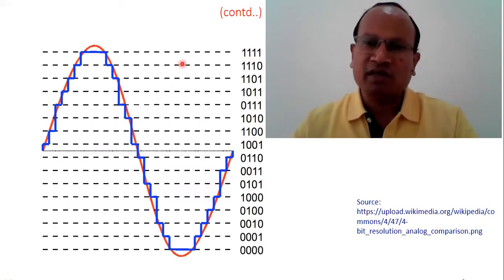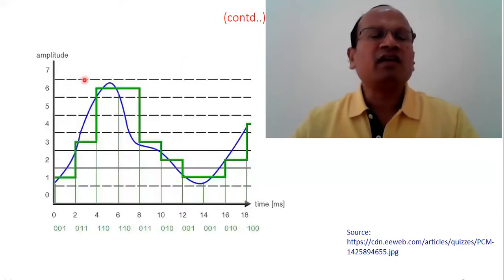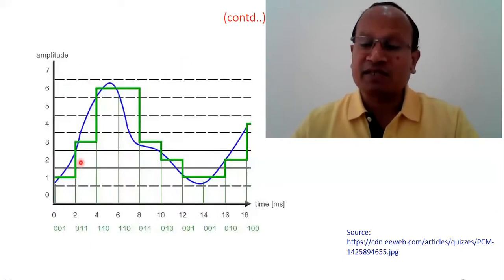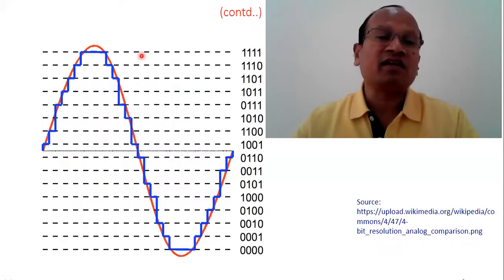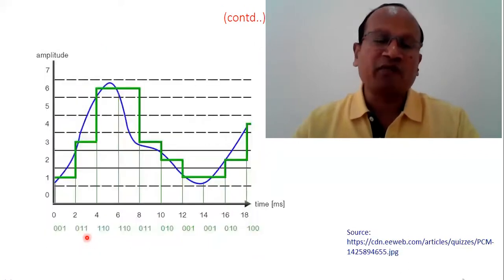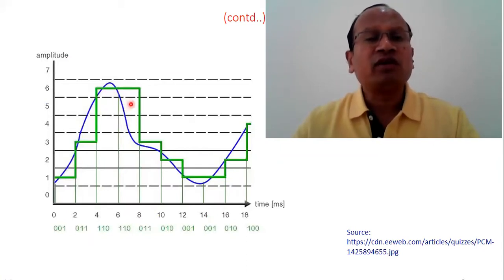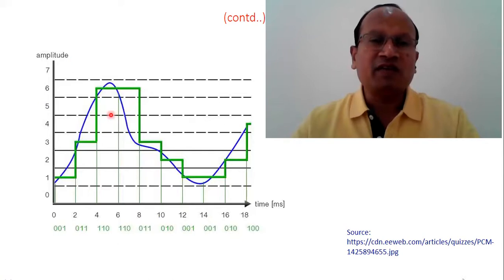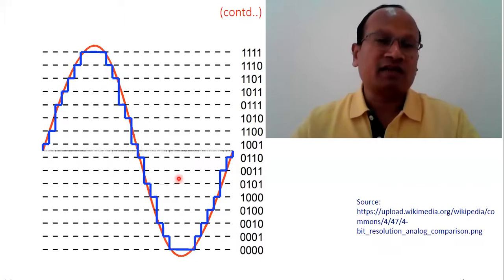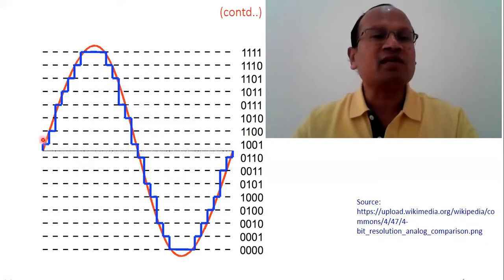You can compare this and this. Here there are 8 steps, but in this case there are 16 steps. What is the difference? You can find that when the number of steps is less, the approximation is not better, because the deviation is so much if you can compare the signal. But if you increase the steps, of course it's for a different signal, you can find that when more quantization steps are used, the signal is more approximated.